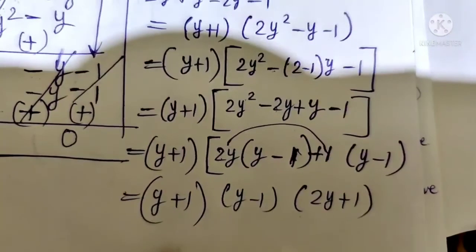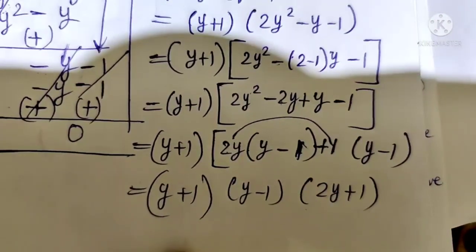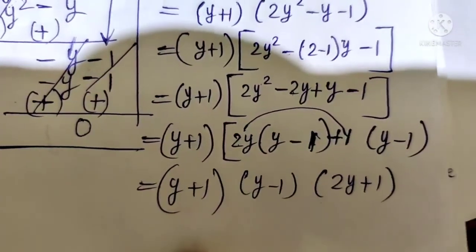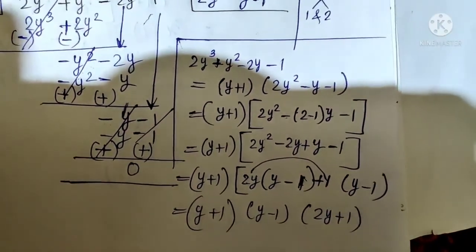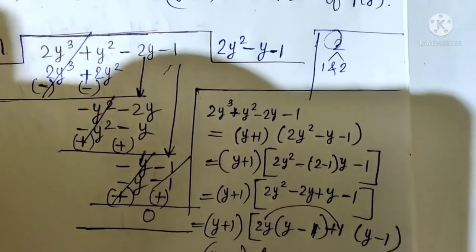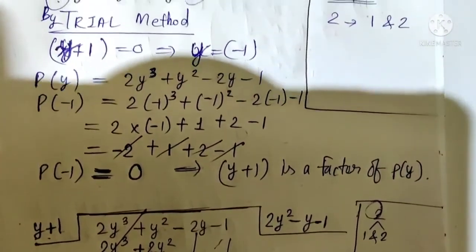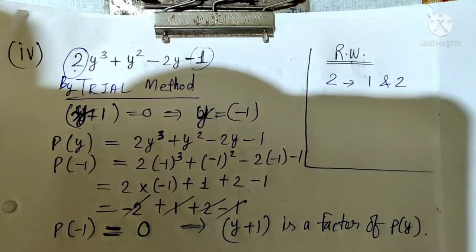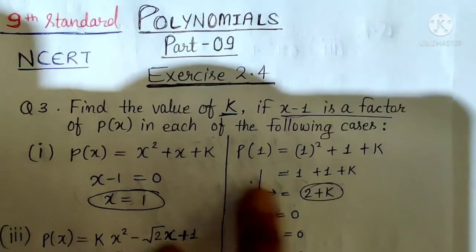So I hope it is clear to you. We have done all the parts of the questions. Second and third I have left, so those are to be done by you. Now we have completed our exercise 2.4. Now you can try the other questions. You have to do practice. Without practice, you will forget all these things. You have to do practice, because maths is based upon practice only. So I hope you will try the remaining questions, and we will complete this part 4 in part 9, in which we are doing exercise 2.4.